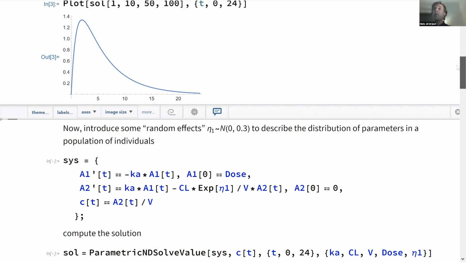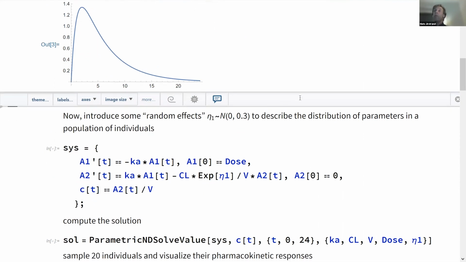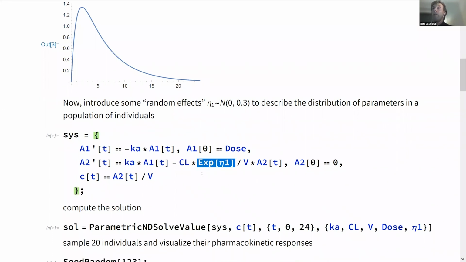But now we would like to introduce this variability over the population. The only thing that differs from this system description from the one above is essentially this term here. We have a parameter called eta1, the exponential of that. So this total clearance becomes log normally distributed essentially, but it's quite common that one works with multivariate normal distributed